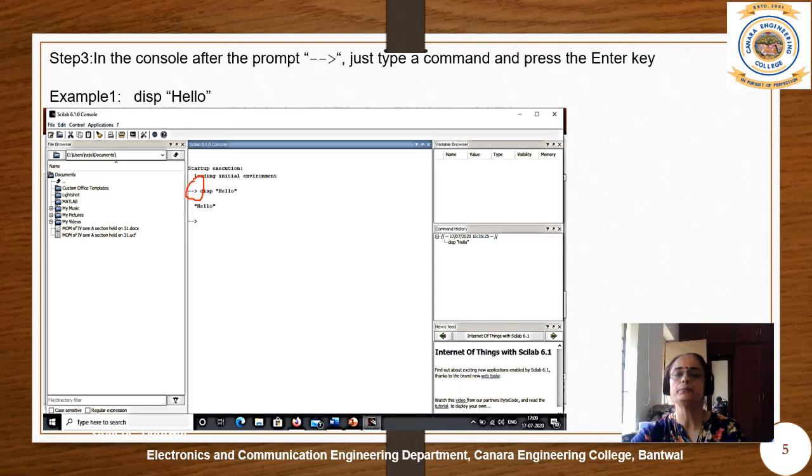Once you type this and press the enter key, you will see this as your output. Hello will be displayed on the console window. To begin with, please type this and press the enter key. You will observe hello on the console window.